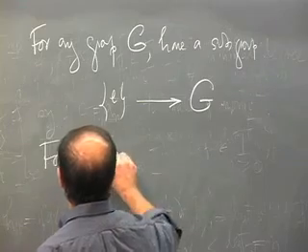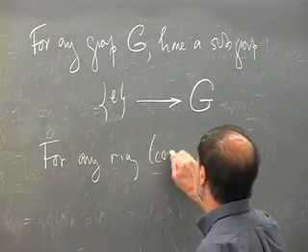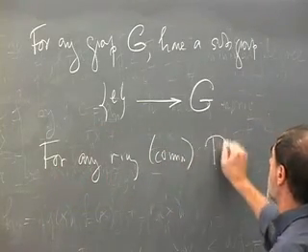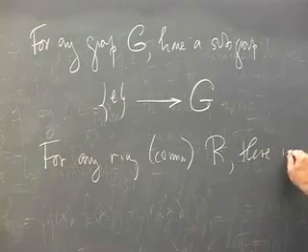Any ring, commutative, of always R, there is a natural